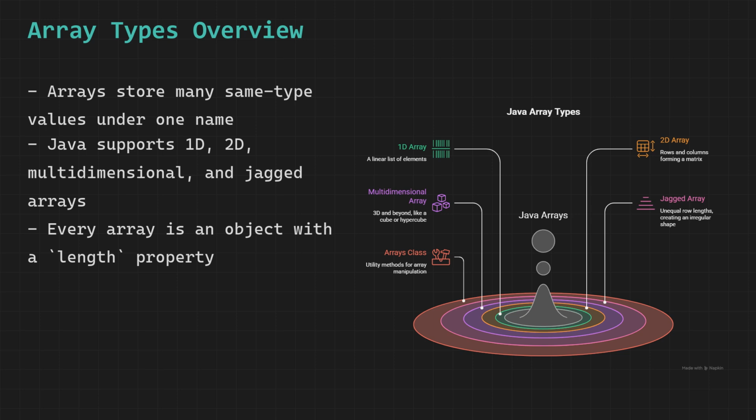Every array in Java is an object. It lives in heap memory and comes with a built-in .length property that tells you how many elements it can hold. Array indexing always starts at 0. The first element is at index 0 and the last element is at index length-1. Trying to access an index outside this range throws an ArrayIndexOutOfBoundsException at runtime, which is one of the most common errors in Java programming. Understanding arrays deeply is foundational because collections, matrices, and most data structures are built on top of array concepts.